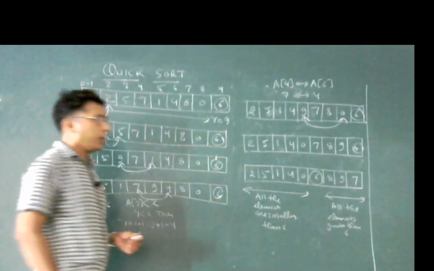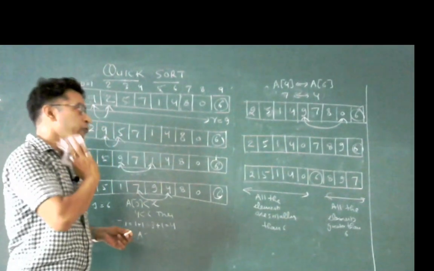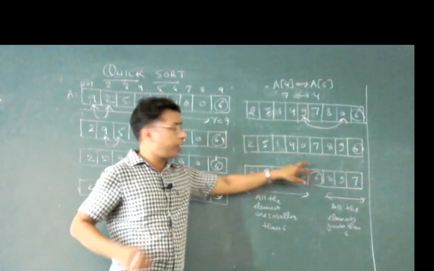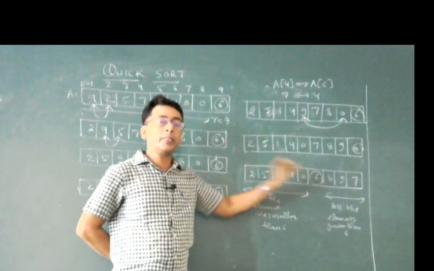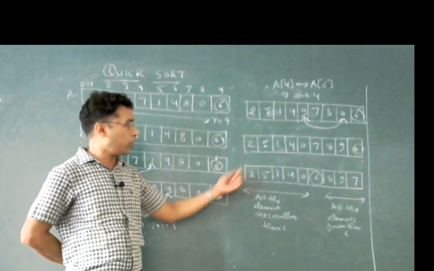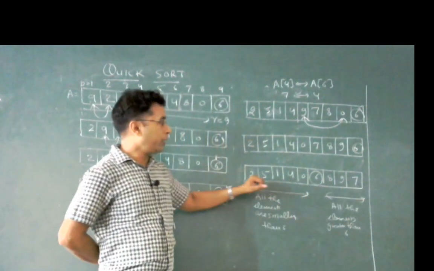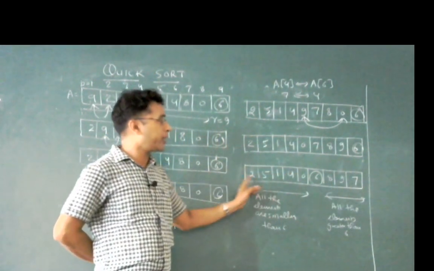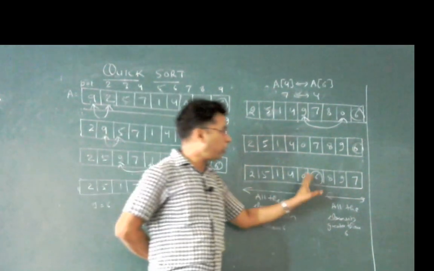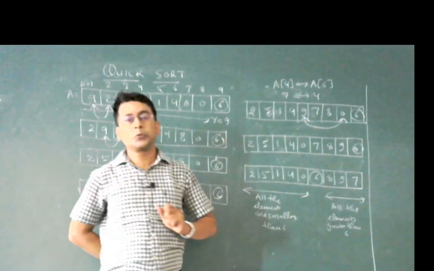So here in quicksort, we have found the position of the element 6 that was considered as a pivot element, and we have finally placed it at the position where the elements on the left hand side are smaller than the pivot element, and the elements on the right hand side are greater than the pivot element. But the elements on the left hand side are smaller than 6 but not sorted. Similarly, the elements on the right hand side are greater than 6 but not in sorted order.